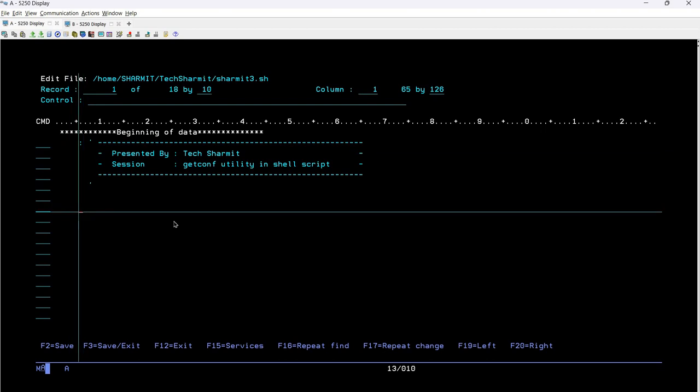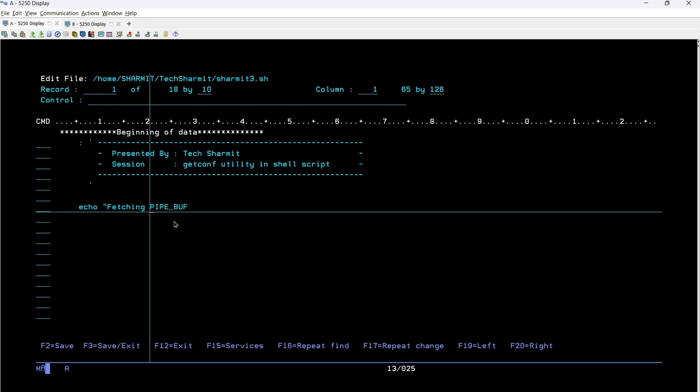Now just assume that once this script is ready, any user can directly run it through the Qshell command prompt, even through CL programs as well. In that case, the user is not supposed to find out the exact value, because he or she can't do anything to fetch the information. So it is better to provide some introductory line in the script itself, so that when they call it, they can easily find out this is the purpose for which we created the script, and this is the value we are receiving from it. To mention that, we will write echo, then a quote, and inside the quote we will write fetching